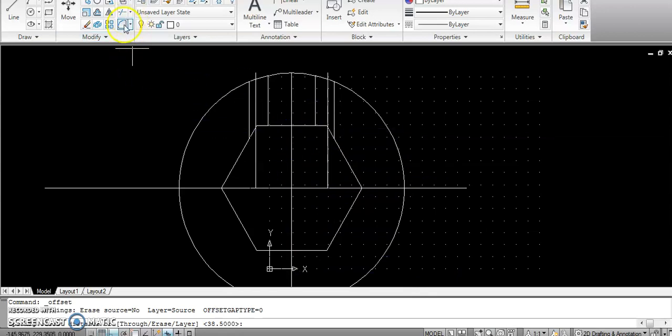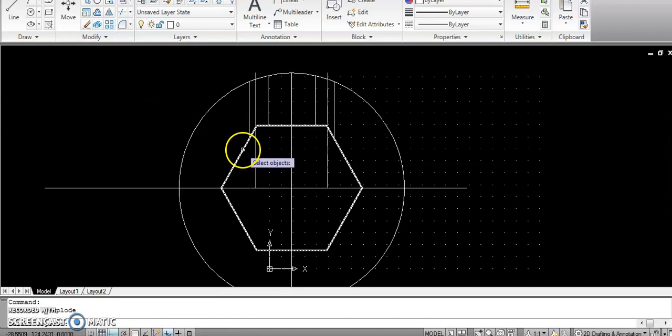Before that, there is one command known as explode. Explode this first, otherwise you cannot offset it up. When you press explode, see, now these full 6 lines are divided into 6 individual lines.